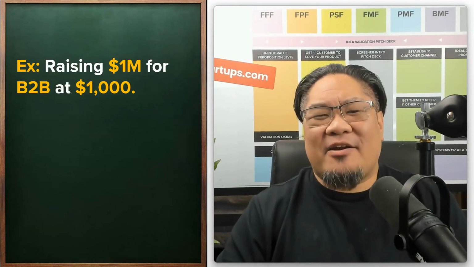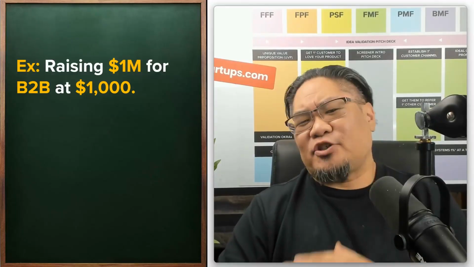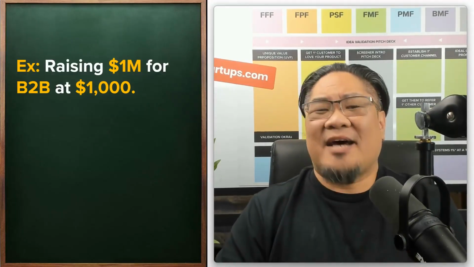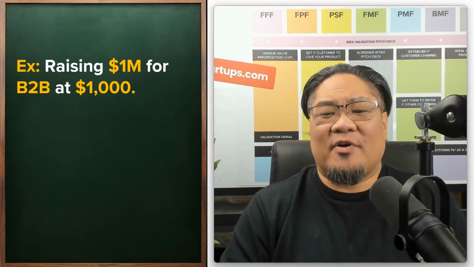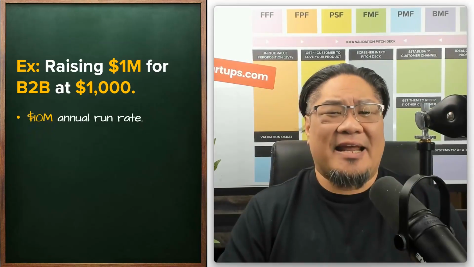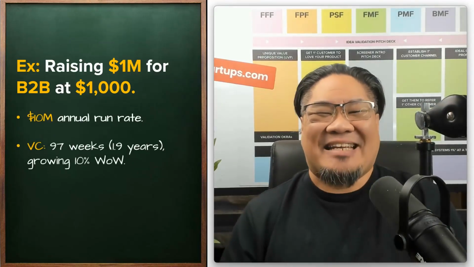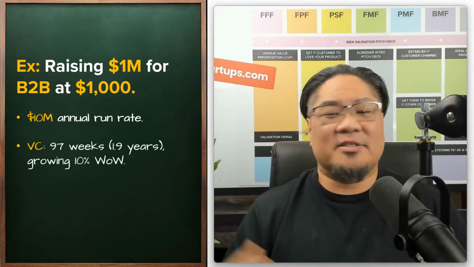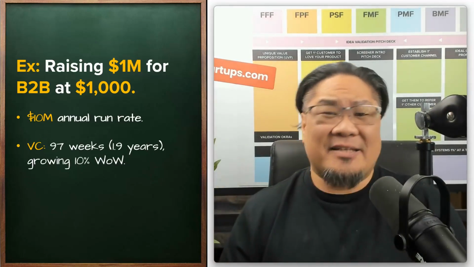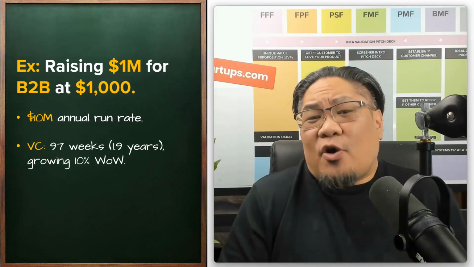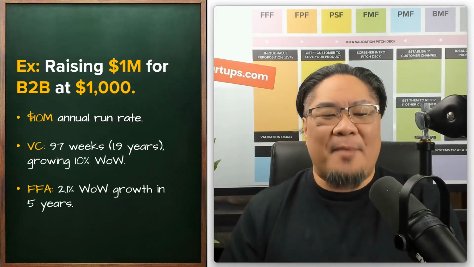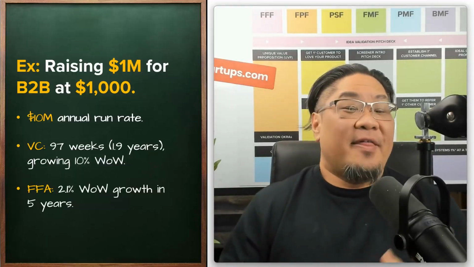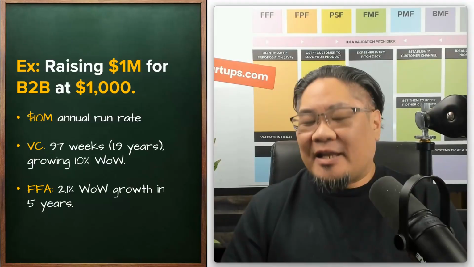Now, just for posterity, let's look at a product, B2B, that just costs $1,000 one-time fee. Maybe it's some type of package. I don't know what it is. A product, whatever you're doing, the $10 million target is still the same. You're going to need 97 weeks. If you compare everybody else, you're going to need less. A premium product needs less time to get that traction, but it's also harder to sell because it's a premium product. For FFA, you only have to grow 2.1% week over week growth. That's not too bad. And you got a little bit of flexibility.